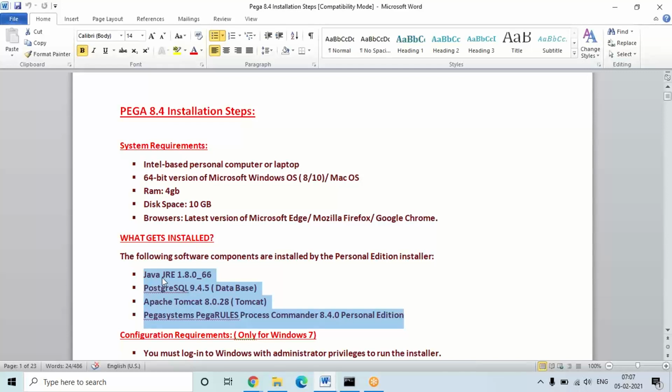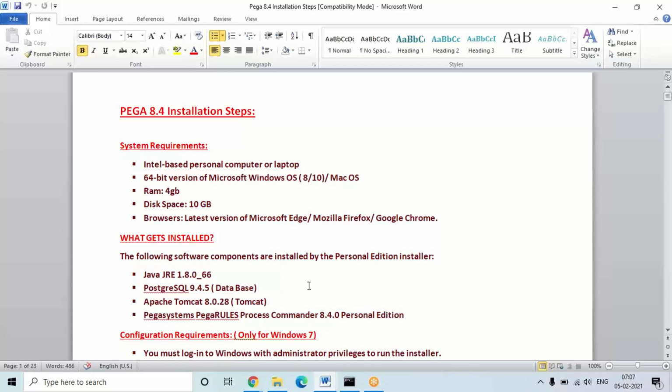The common things are Java and PRPC. Any version you install, Java also gets installed in the backend, and the main application is PRPC, Pega Rules Process Commander, which is a framework application. This also gets installed. All these things come as one single complete package.